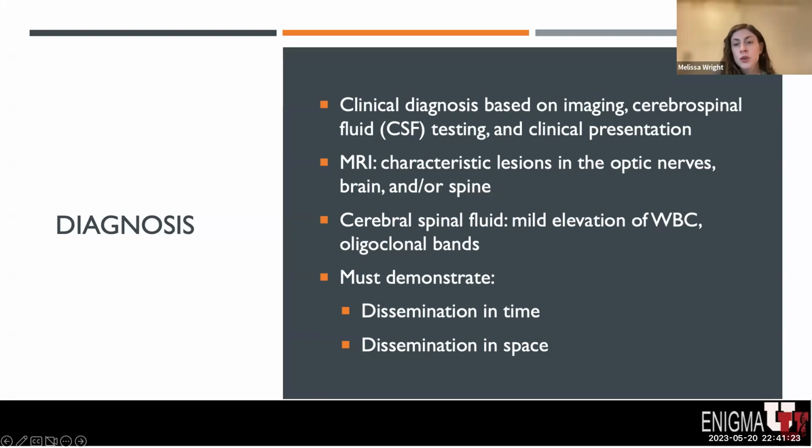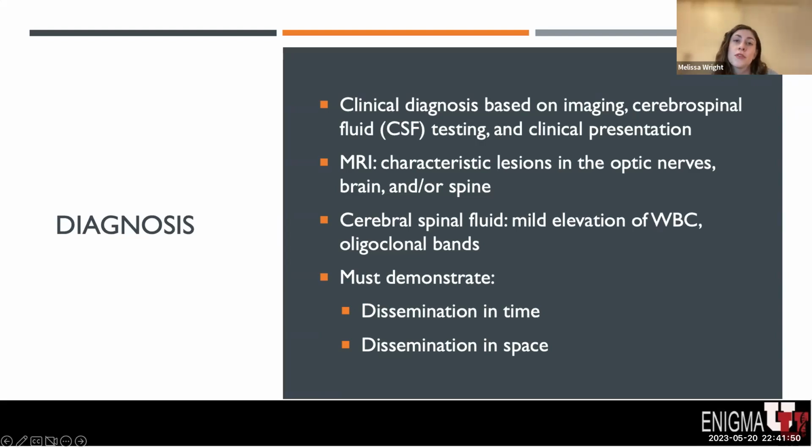To help us determine if lesions are newer and active in terms of active inflammation, we use gadolinium contrast, which is given to patients during the MR imaging. This helps determine if lesions are active, because in active lesions, there's disruption to the blood-brain barrier, and contrast enhancement is seen in these lesions if active.